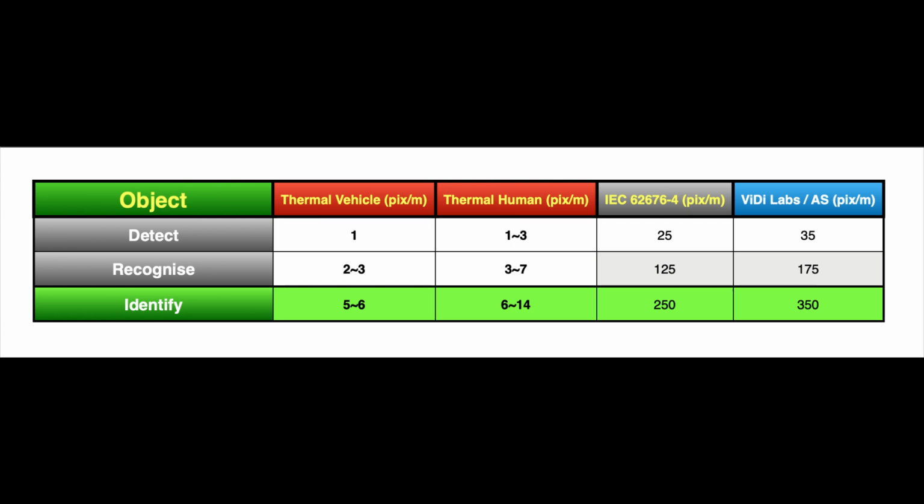So as you can appreciate, for the thermal vehicle pixels per meter, in order to detect it, it's enough to have at least 1 pixel, possibly 2. Now, clearly here, you will very much depend on the clarity produced by the thermal optics. If the optics is not sharp enough or it's not focused, it will not give you 1 pixel clarity. So it's important to know that this is really on the edge of what the actual optics can detect. So for thermal vehicle detection, you need 1 pixel at least. For the recognition, you need 2 or 3 pixels per meter. And for identification, you need 5 to 6